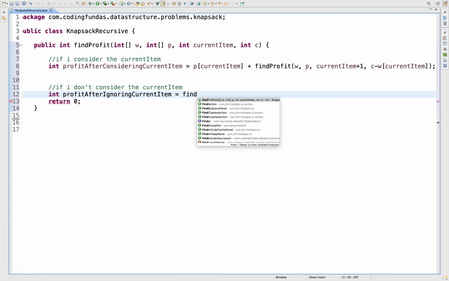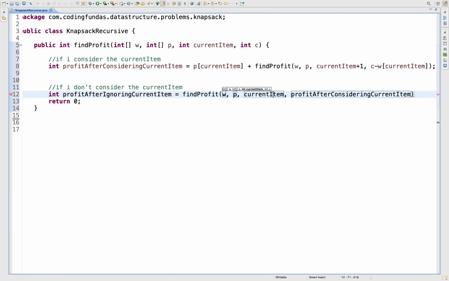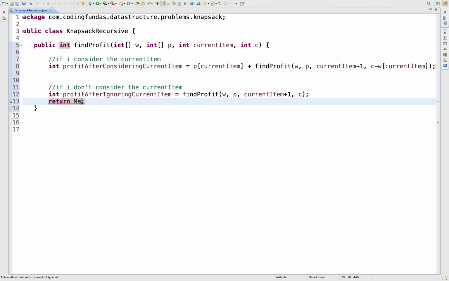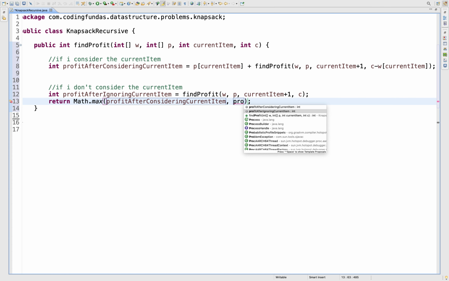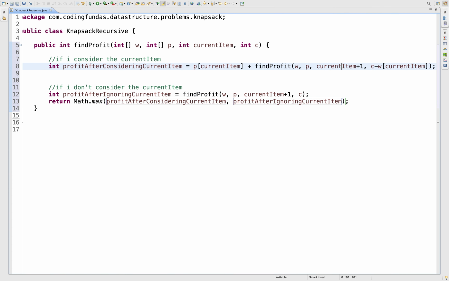So I'll simply call it again with current item plus 1, and my capacity will remain the same because I have not considered this item. Okay, and the final result will be the maximum of both these profits. So I'll say math.max of profit after considering the current item and profit after ignoring the current item. So this is what we have.